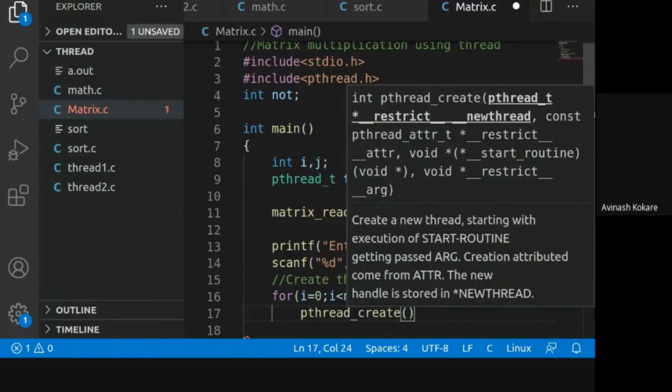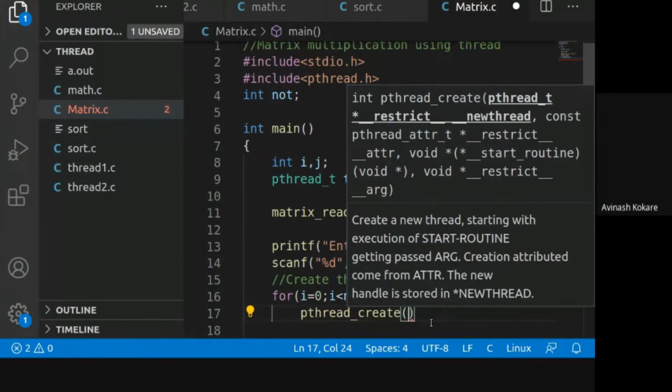And you might be remembering the parameters that we had discussed in the previous lecture. There are 4 arguments required for the pthread_create function. First is a pointer to the thread variable. Second is the attributes, so we assign the default attribute there. Next is the name of the function or the routine of the thread. And last is the data passed to that thread function. Okay, so these arguments we are about to give here.